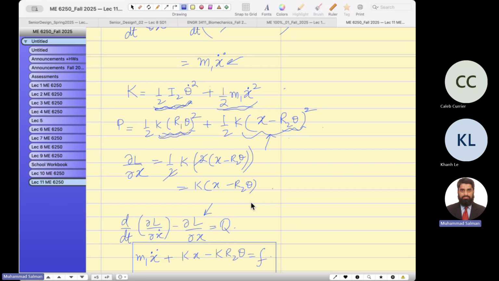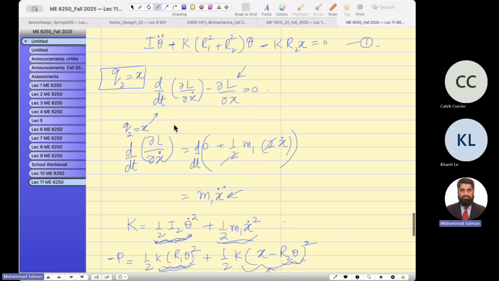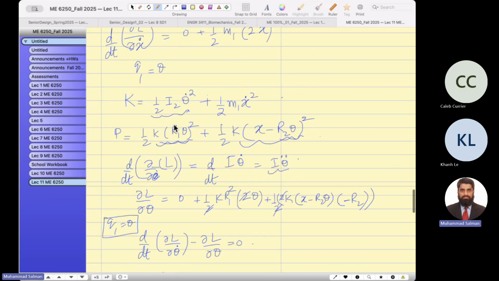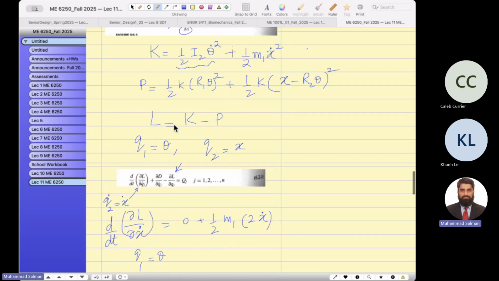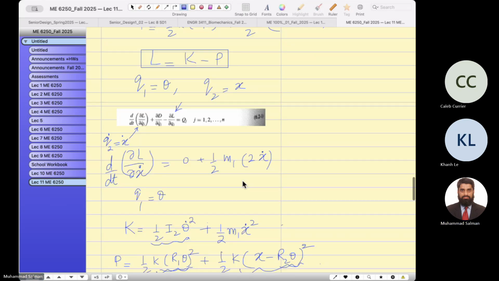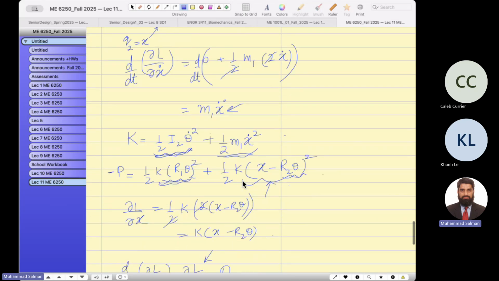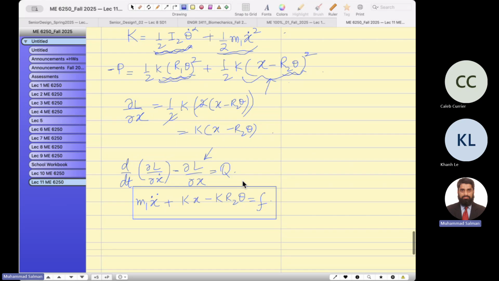Okay, the question was asked: Professor, what is this? Where is this negative sign? So let me show you. This is K minus P, because this minus P is L. You see that negative sign. When you take the negative and negative, it becomes positive. So don't worry about that negative P sign. I should have written